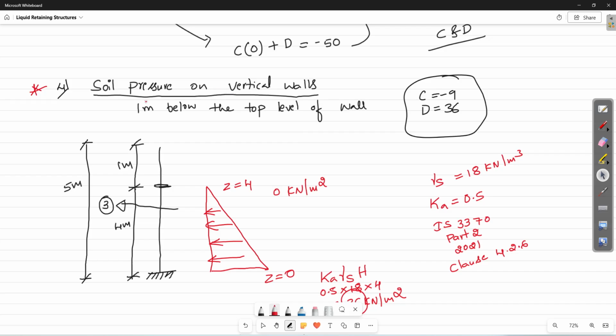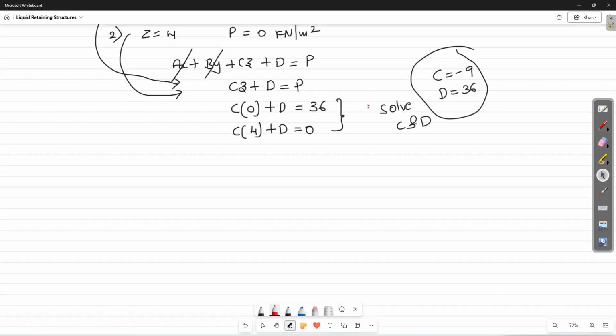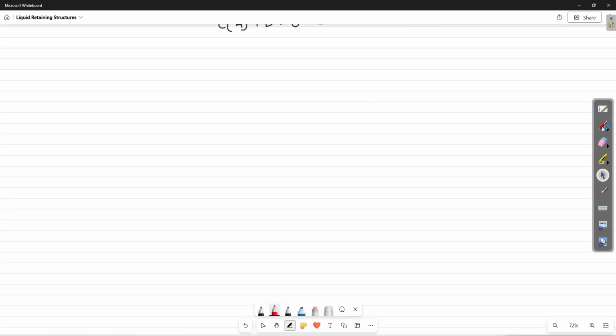If in the question it is not mentioned, you have to take full height. If it is 2 meter, again you need to leave this 2 meter from the top. Okay, that's how you can plan it. So next will be,